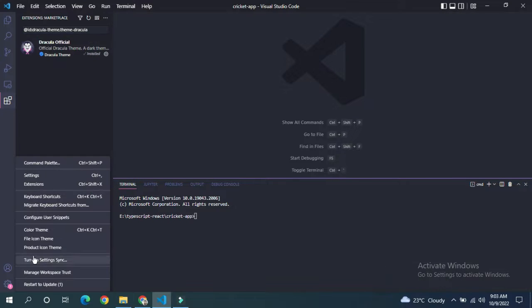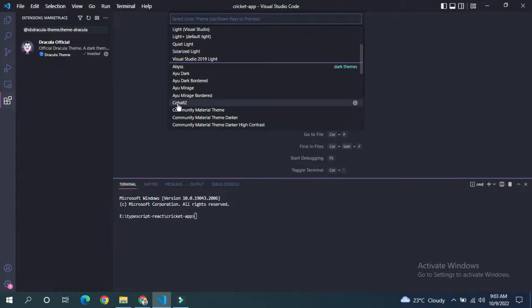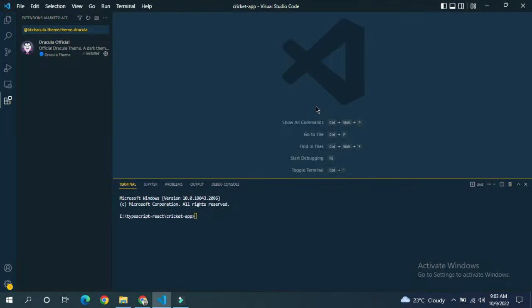Let me choose another theme from here. Open color theme. I like this particular theme, Cobalt 2. Yeah, it's looking awesome to me, and I'm going to use this particular theme. The same way you can set up your Visual Studio